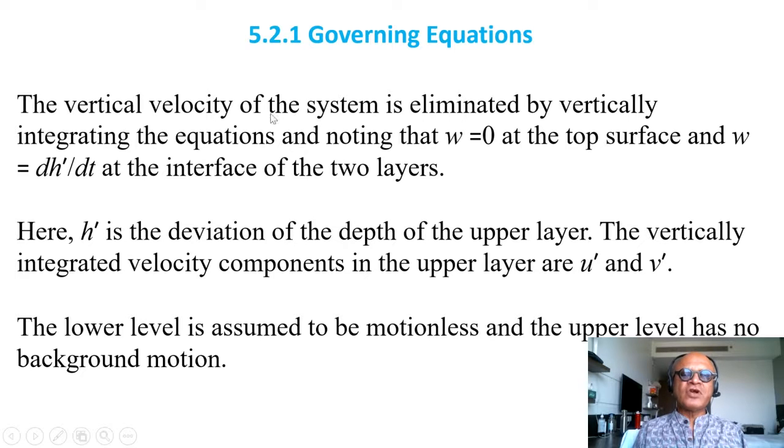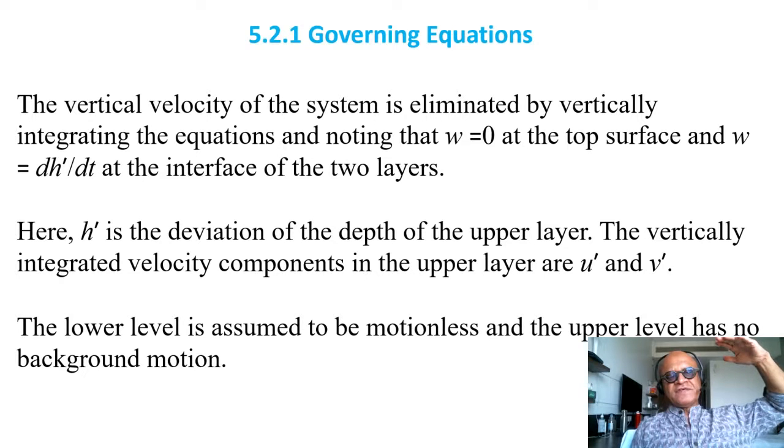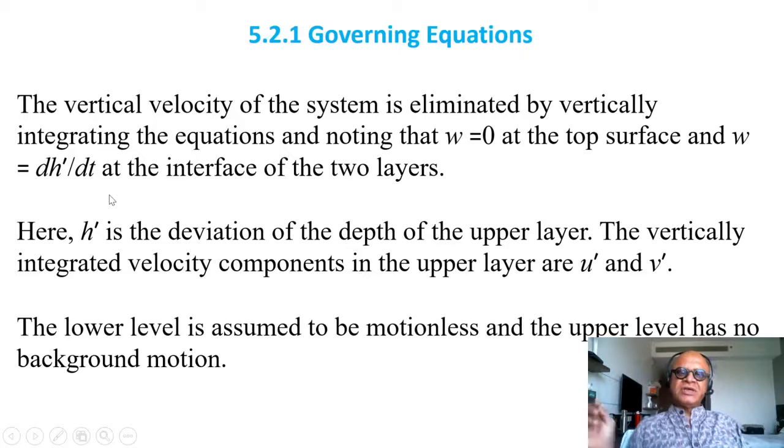The governing equations for the upper ocean: the vertical velocity of the system, as we did before, is eliminated by vertically integrating the equations, and w is 0 at the top of the surface. The ocean is now considered as an upper layer, which is active, and a deep ocean layer, which is basically quiescent. So our system is just the upper layer and the interface between the active layer and the deep quiescent layer. We will be looking at w here as dh prime dt, where h is the interface of the